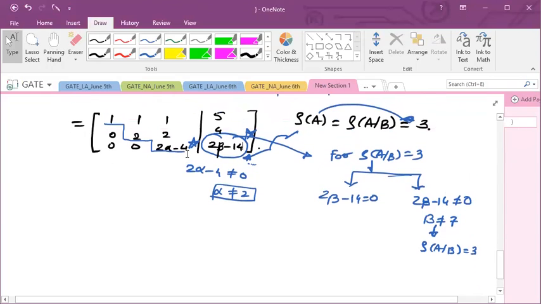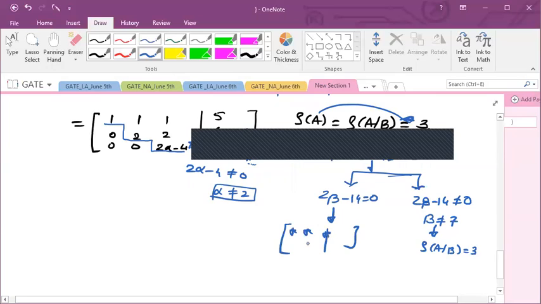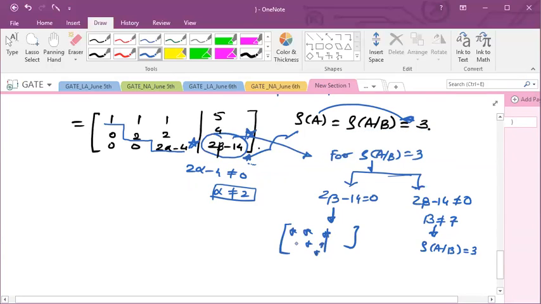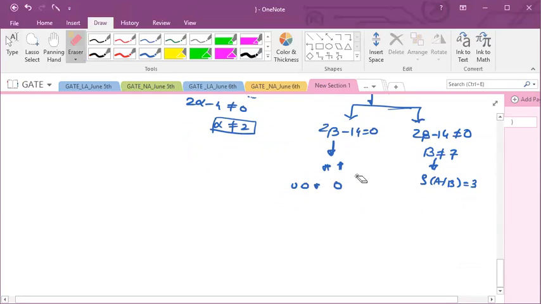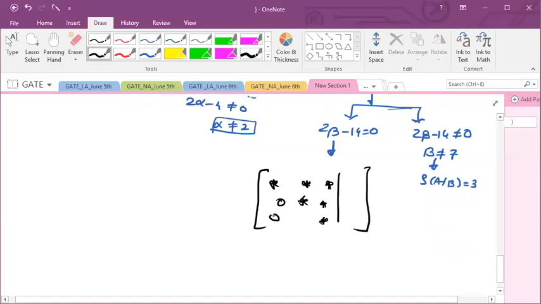But suppose it is equal to 0. Suppose I am taking this value equal to 0 as well. So now our matrix is something like this. We have star, star, star, star, star, star, 0, 0, 0, because it is already not equal to 0. Here we have star, star, and here we have 0. Now let me write this completely. So in this case, our matrix will become like this. Star means all non-zero values, right? This is non-zero, this is non-zero, but this is 0.